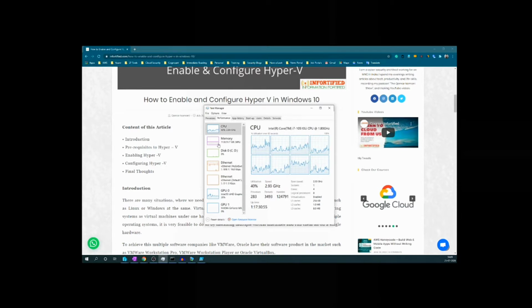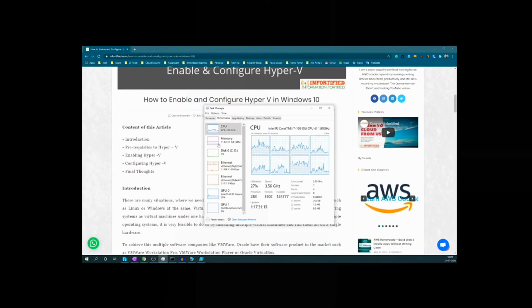And if we enable virtualization, then we can use this hardware at its optimum level, and you can also install multiple operating systems in order to learn different kinds of operating systems or do different kinds of tests, and set up different labs that are required for your cybersecurity journey.